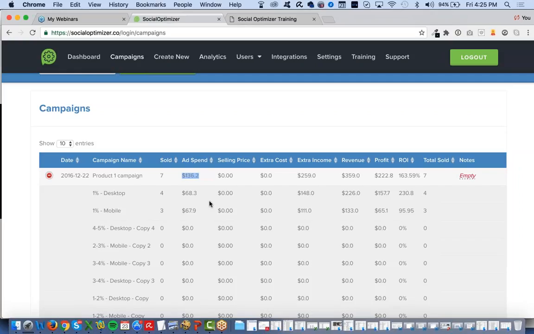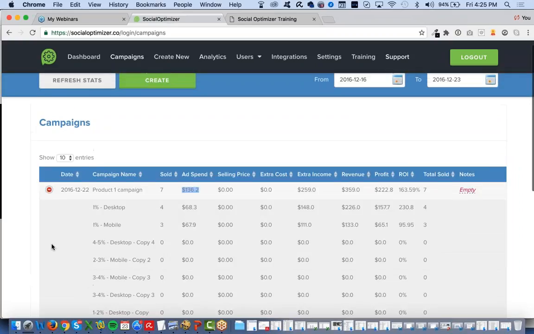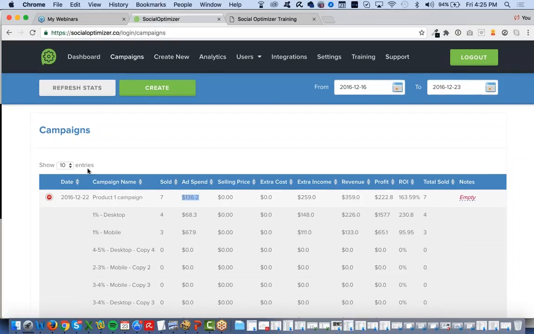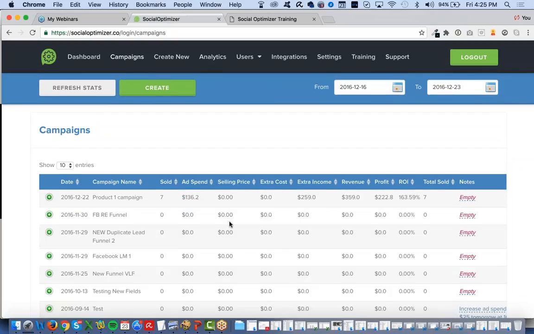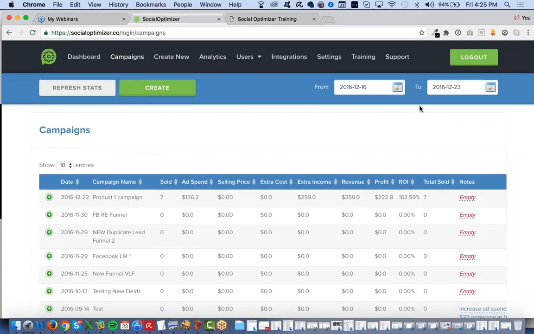Can you edit any existing campaigns? Now, right now, I don't believe you can edit any existing campaigns. This is the first time I've actually been asked that. But from what I can see here, no, you cannot edit existing campaigns. You can restart them, but you can't edit the existing campaign to change that data.